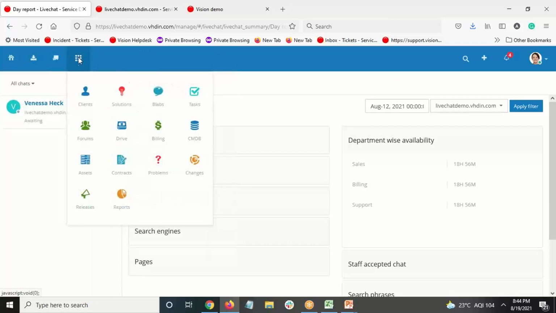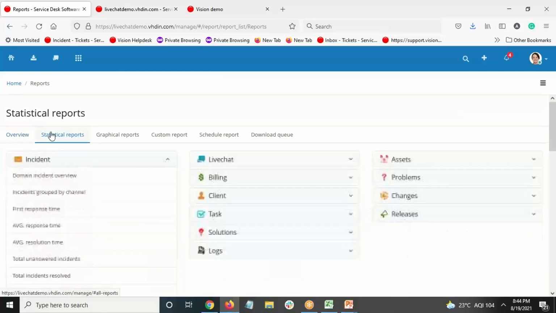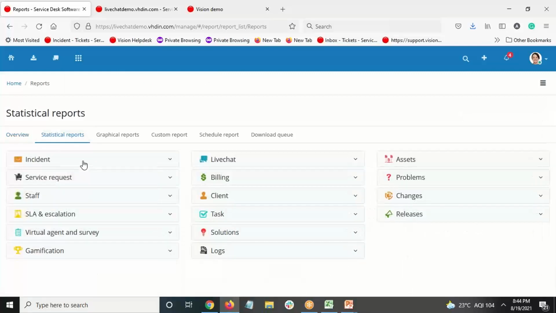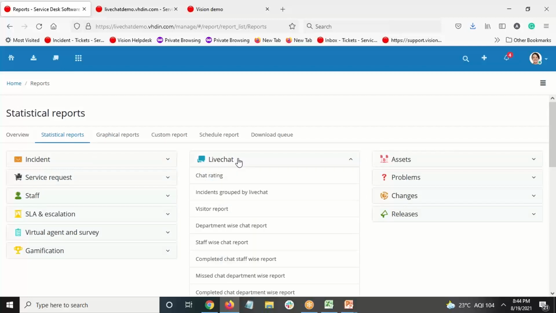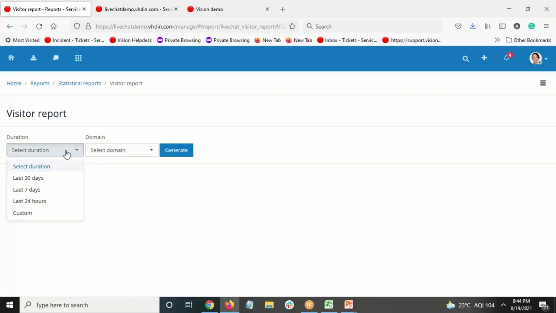From this launcher icon, you can access the reports. So under statistical reports, you will find reports based on every module which is present in the system. Under the live chat module, let us check out the visitor report.